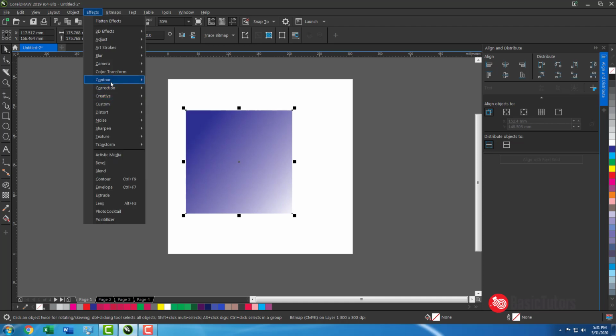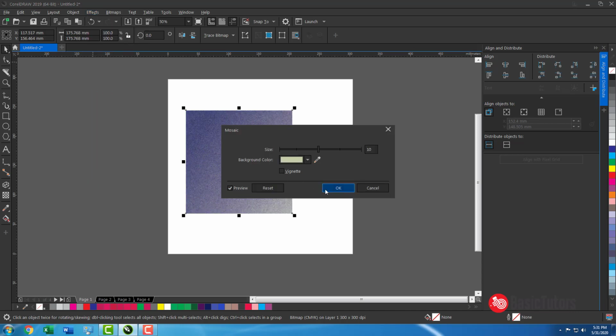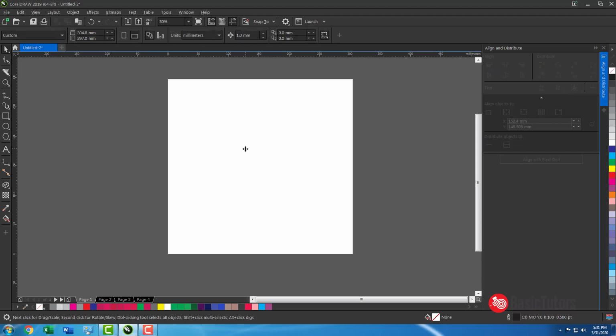Then you can work with all those effects.